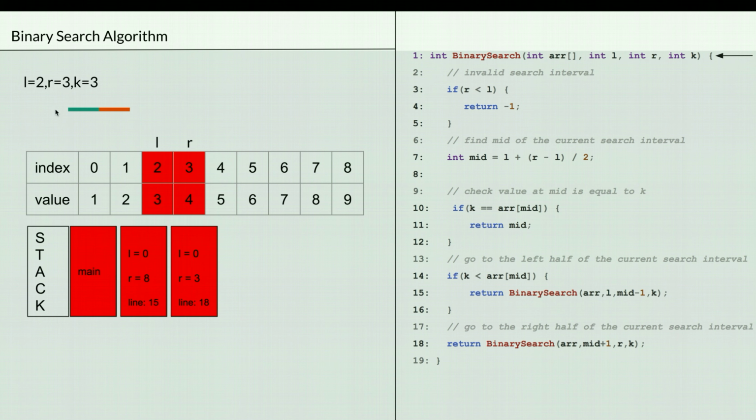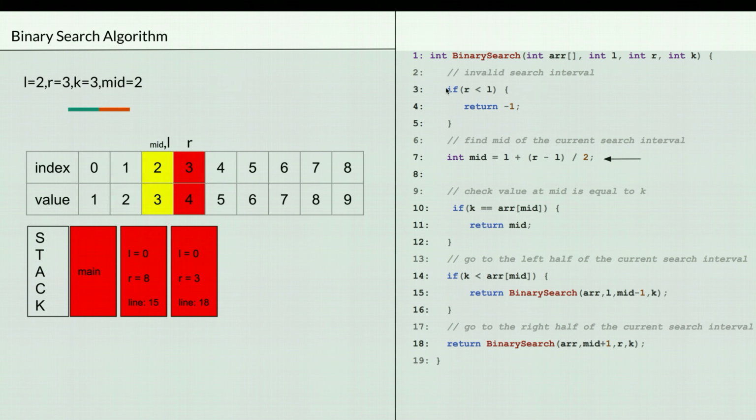Now let's see what happens in this recursive call. For this recursive call, we have L is equal to 2 and R is equal to 3 as our search interval indexes, and as usual K remains the same. First thing is to check whether the search interval is valid or not. In this case, R is 3, L is 2, that is 3 is greater than 2, so the search interval is valid.